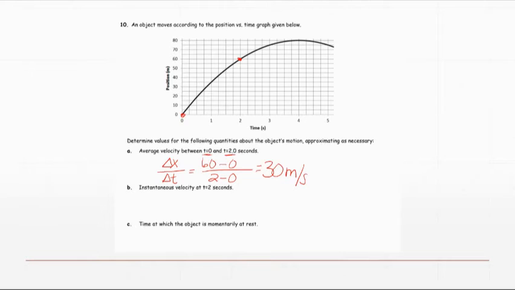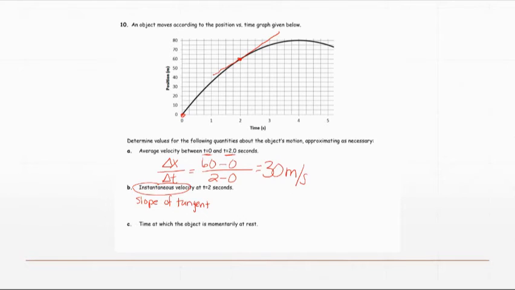Now the instantaneous velocity at 2 seconds. That right there, I'm going to have to figure out my tangent line, which I'm going to draw freehand right here, but I have it drawn in a graph. Okay, I have it drawn on a piece of paper here, and when I find the slope of that line, so I have to find the slope of my tangent line. Instantaneous velocity from a graph is the slope of the tangent,